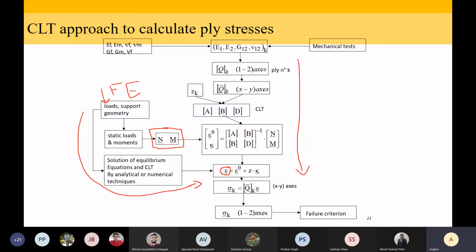As a part of this course, we are learning this route, where from the FE or some other method, NM matrix is known. Once the NM matrix is known, using micromechanics, we will calculate your Young's modulus for every layer, transformation, calculate ABD matrix, calculate the strain, calculate the stress, and perform failure analysis. This flowchart is also your term project. This is what you are trying to do. So if I look at what has been done in the term project already, let's see. Pen.